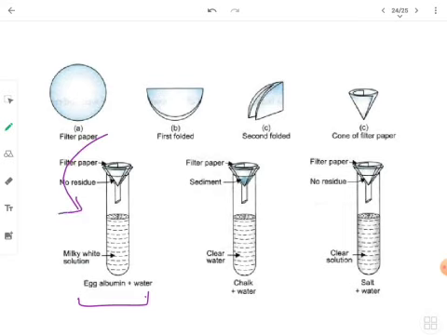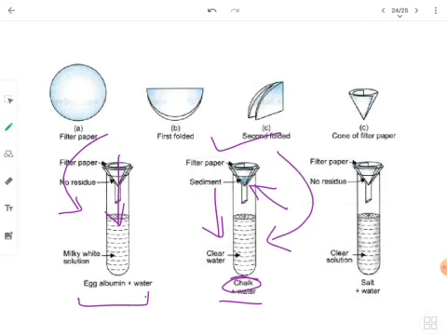It happens very slowly. The second thing is that both the solute and solvent, I mean the dispersed phase and the dispersion medium, will pass through the filter paper, because the particle size is small and it passes through. And in a suspension, the size of one of them was very large, that is why one thing was stopped in the filter paper and the other thing just passed out. So if you are asked which can be separated using a filter paper out of solution, suspension and colloid, you will say only suspensions can be separated using a filter paper.